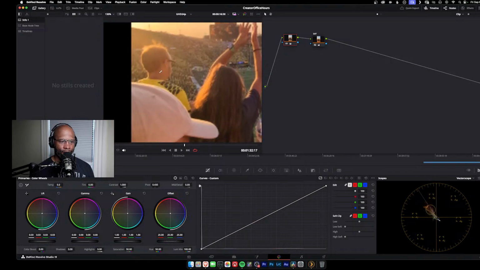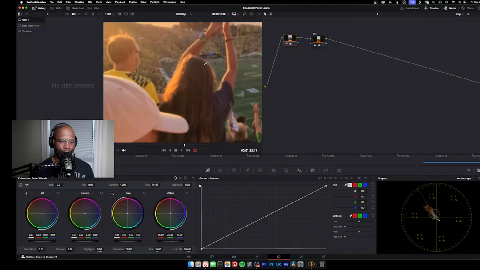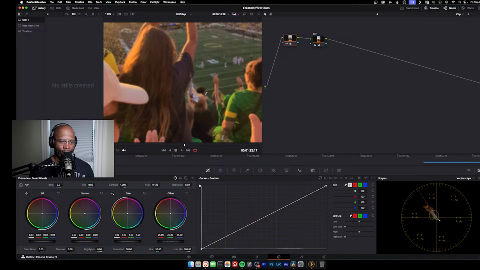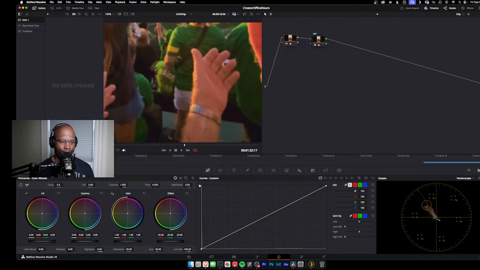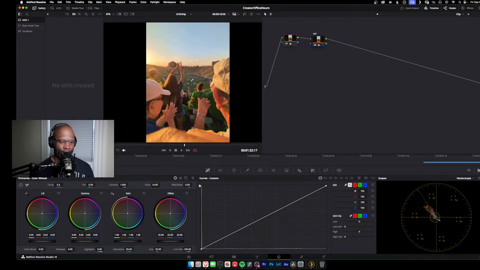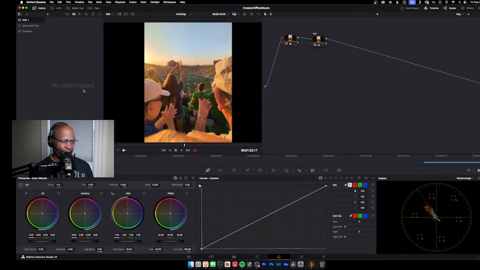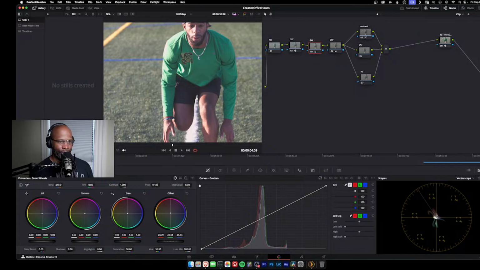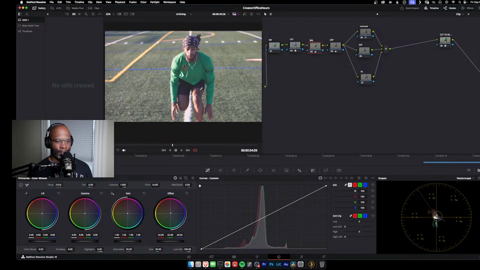Even this guy. See that? Even down here, the very, very back. I mean, very, very front of the stands there. His skin still on that line. The leg still on the line. Such a cool tool. And this is available in Premiere and also available inside of Final Cut. It's just a vector scope. All right, so now